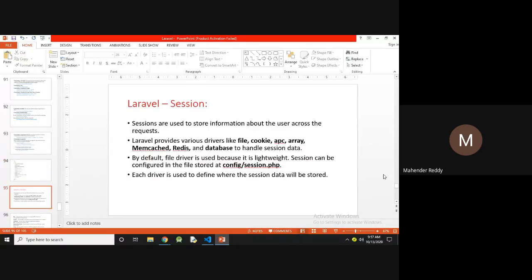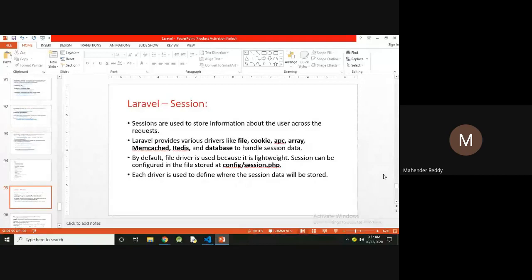So these are our forms, and the next topic is sessions. Laravel sessions are used to store information about the user across requests. All websites receive a lot of requests, and whatever request it receives, it stores that request and whatever info we send. For example, if you type Marwadi University in Google, it will store some data whenever you send a request to the Google server. Sessions are stored in different formats.